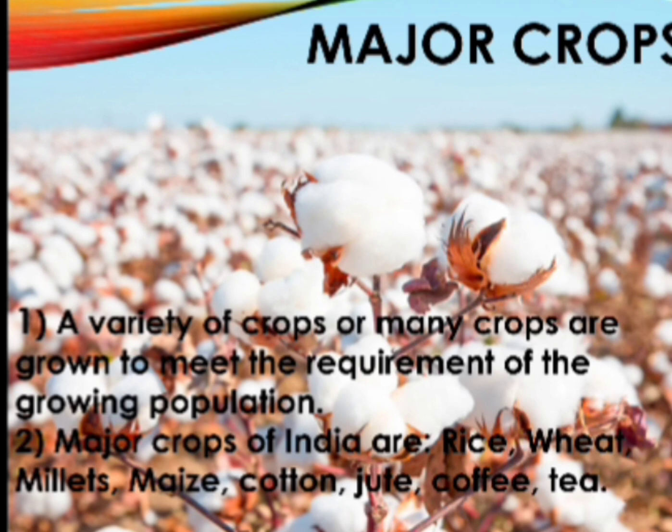It requires alluvial soils and high temperature, heavy rainfall, and humid climate. Let's move on to the beverage crops. The first beverage crop is coffee. Coffee is produced in the wet climate and well drained loamy soil. Hill slopes are more suitable for them. Brazil is a leading producer, which is followed by Colombia and India.